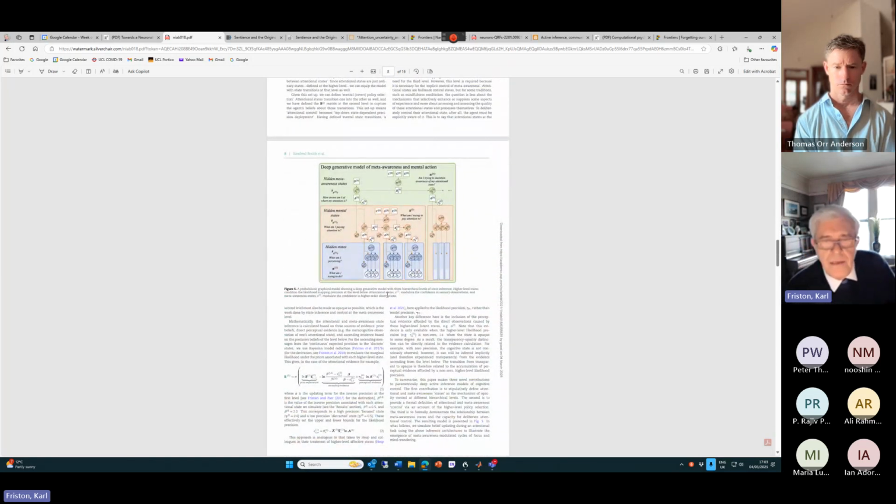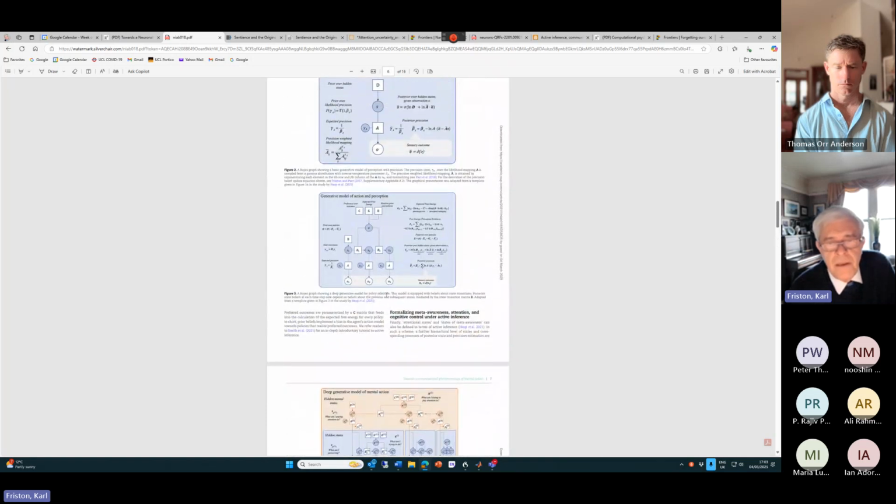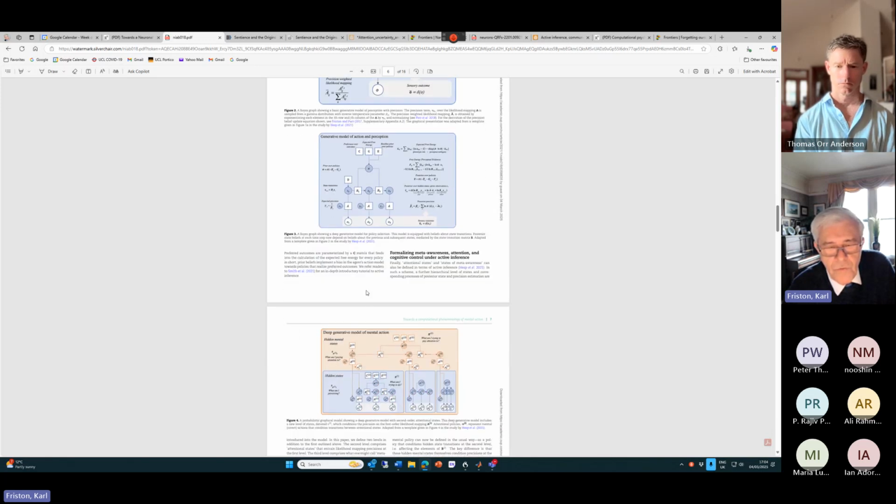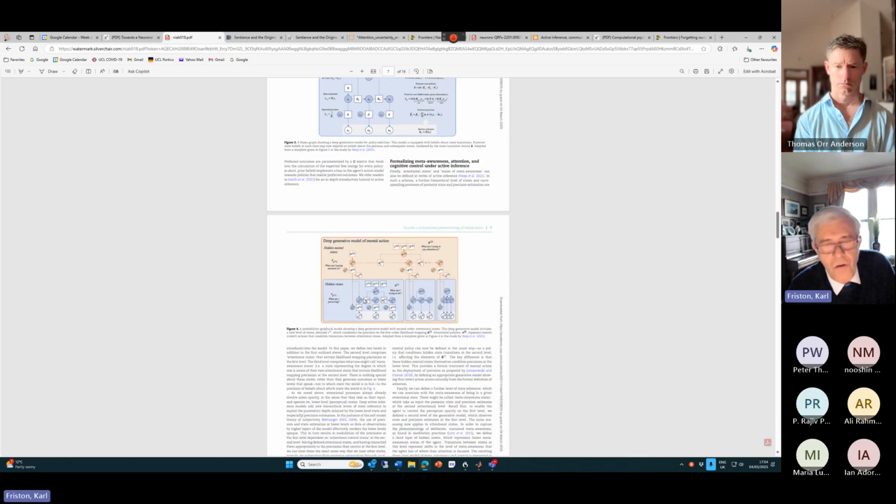But the key thing I just wanted to emphasize here, so if we just start with a basic belief updating scheme, belief propagation or variational message passing scheme, here are the A spaces, if you like, which are the likelihood mappings that map from states of affairs S to observations. And one has to carefully select the precision of these things in the context where the precision actually matters. We then move on to the selection of the